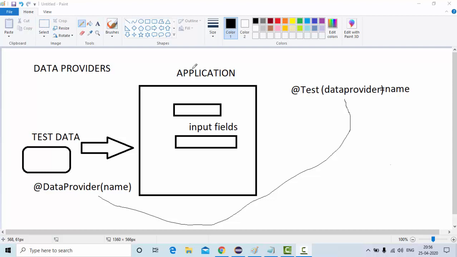into the test cases. Okay, so as you know, data providers will have a name. Data will be sent using this annotation called the data provider annotation, and it will have a name, and this name I'm going to pass here, as I have shown here. Using the same name, this @Test will get the data, and it will execute those many times. So if I have the data for 2 rows, it is going to execute the same test for